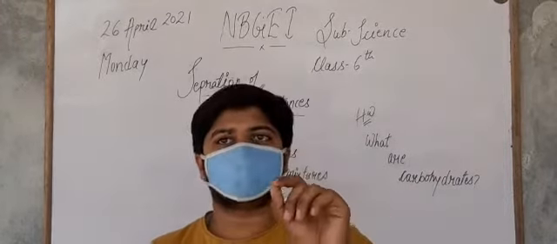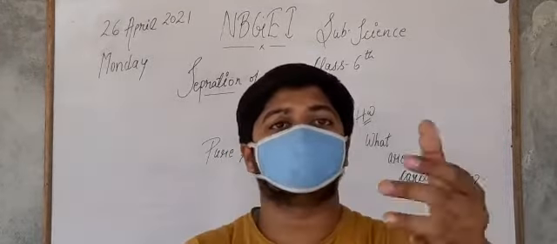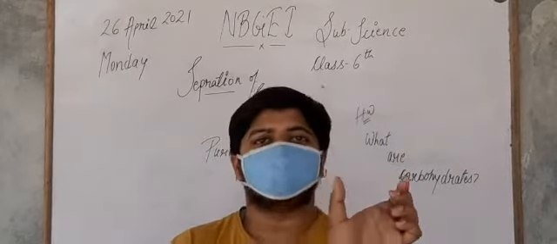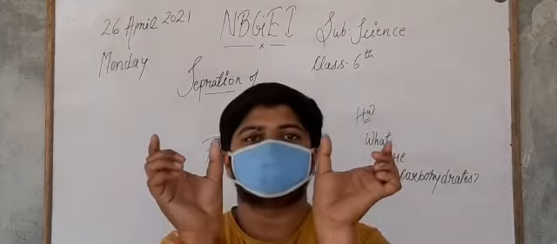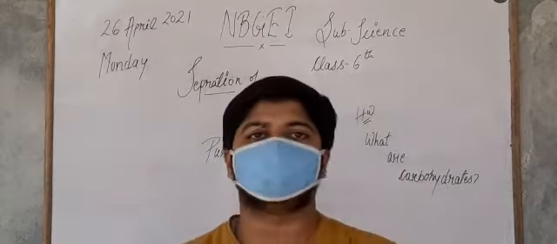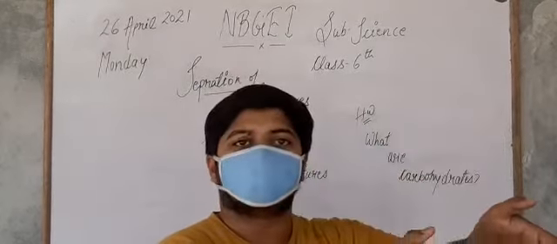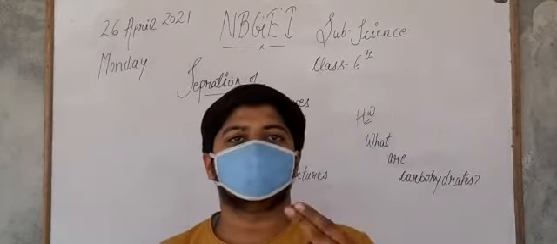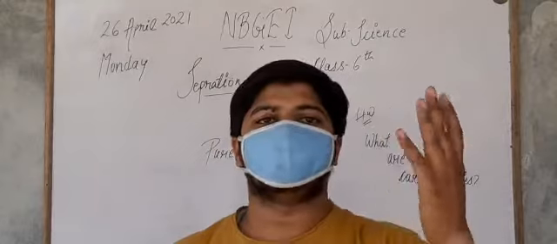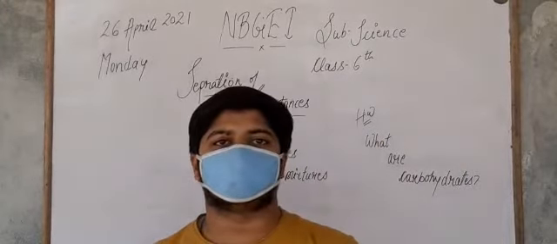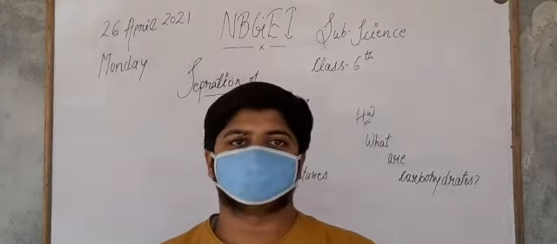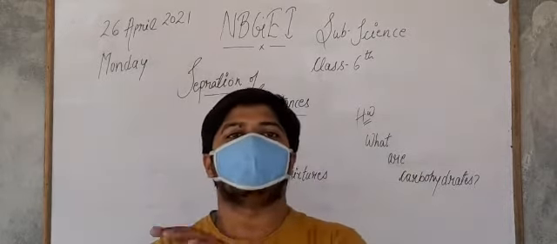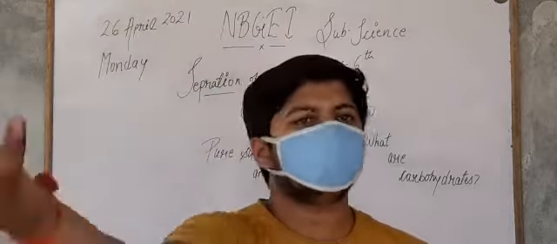If we take the example of the mud, it is a mixture of what? It's a mixture of soil and the water. Then the soil and the water are the components or the constituents of the what? Of the mud, or mud is a mixture. Each component has its own properties, and it retains the same properties in the mixture. Usually, different components of a mixture are separated on the basis of their different properties.